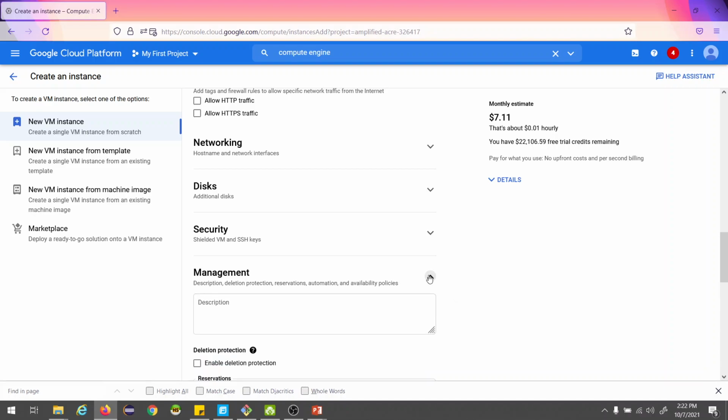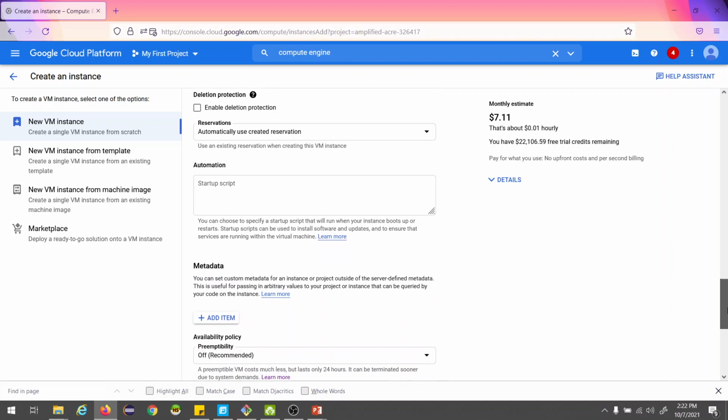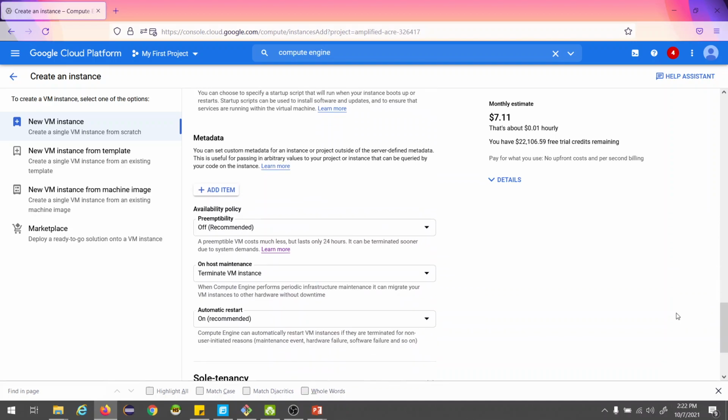Now this is very important: management. When you scroll down in the management section, you can put a startup script, some metadata, and this one, the availability policy, which is very interesting. The first one is preemptibility.